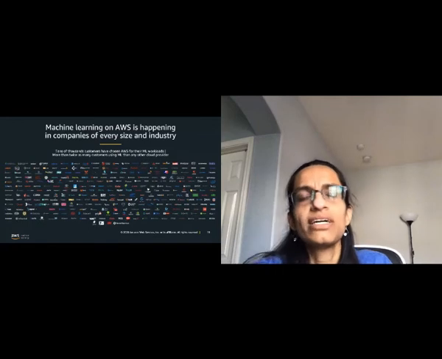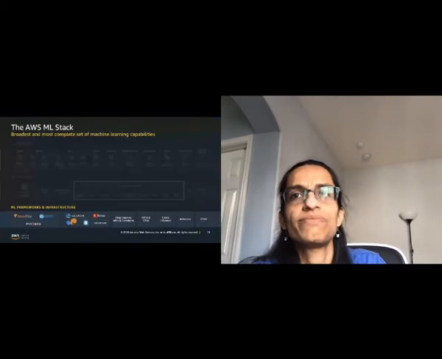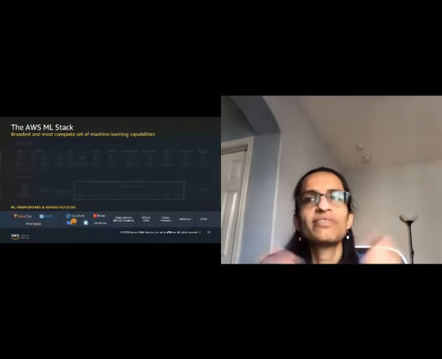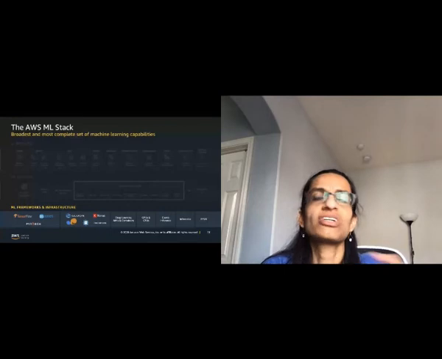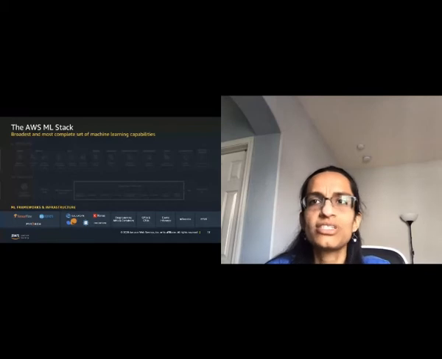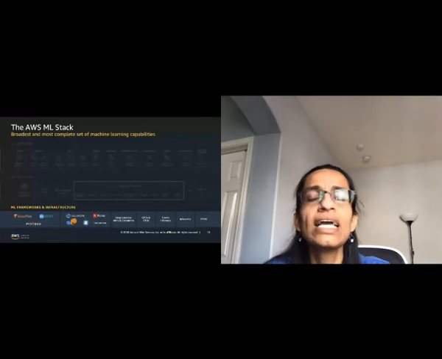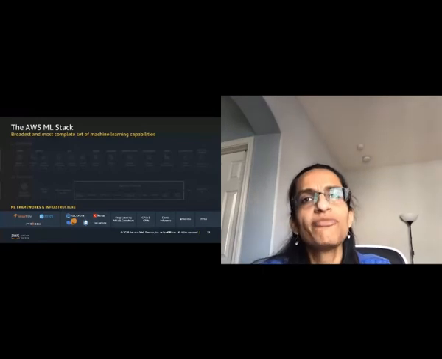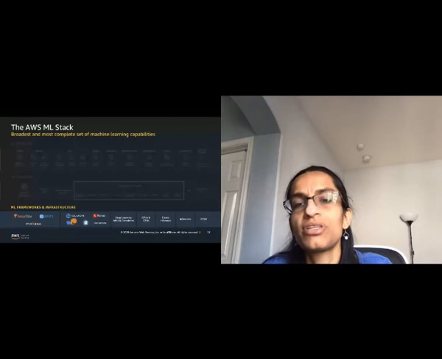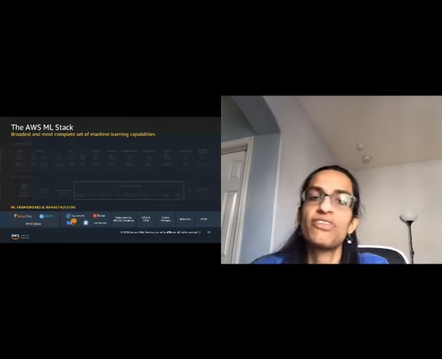At the bottom layer are the frameworks and the infrastructure. For ML practitioners, at the framework level, you typically are looking at frameworks like TensorFlow, PyTorch, or MXNet. TensorFlow has the most resonance and the largest community today, and we have a lot of TensorFlow expertise and experience inside of AWS. 85% of the TensorFlow running on the cloud runs on AWS, and we have dedicated teams working on building these frameworks so customers have the right tools.